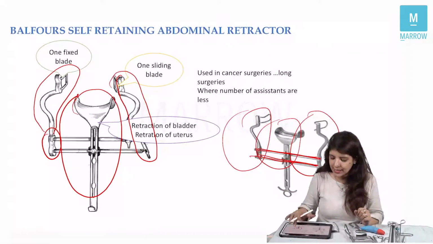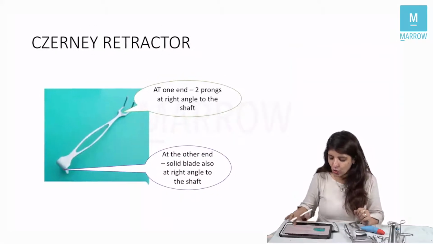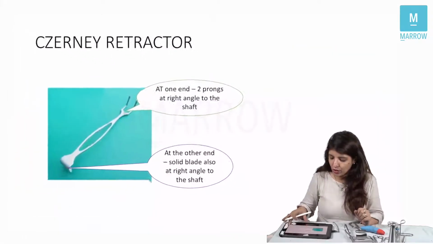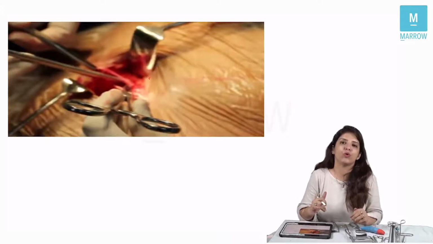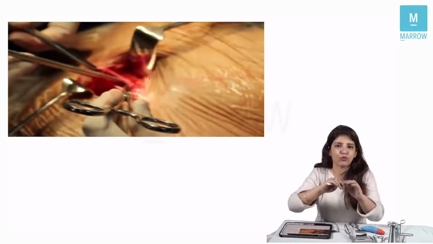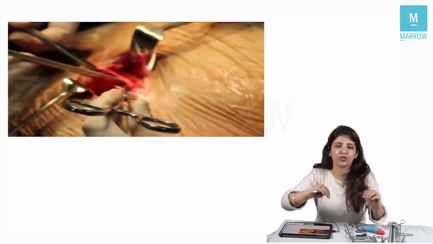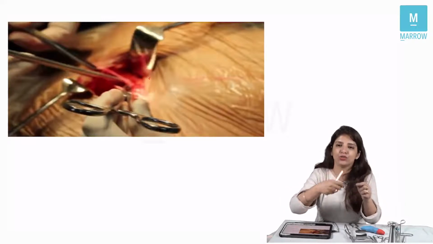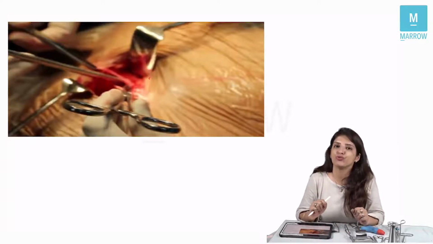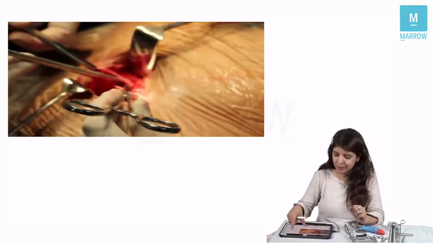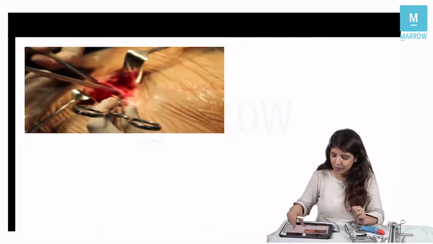Now, as I said, a retractor is also used to retract the tissues. While you are stitching the rectus sheath, you might want to put a retractor so that you can easily stitch the rectus sheath. In that case, the retractor which you use is a Zerny's retractor. A Zerny's retractor